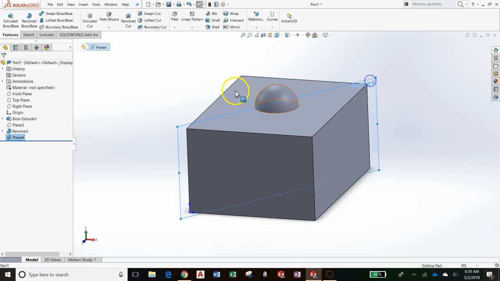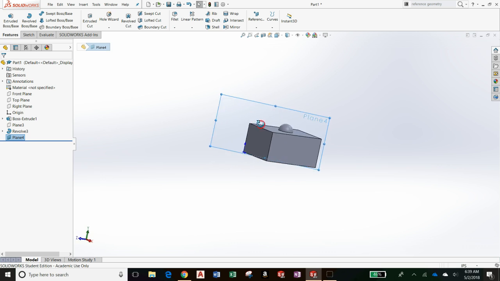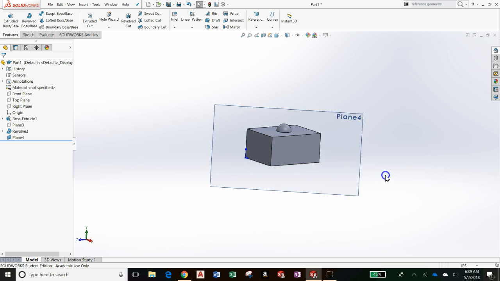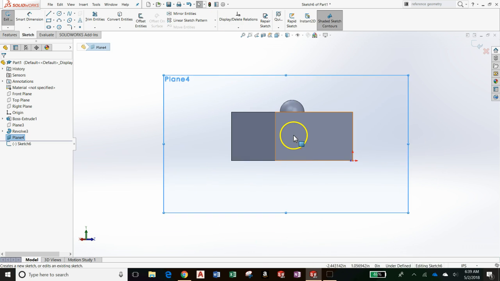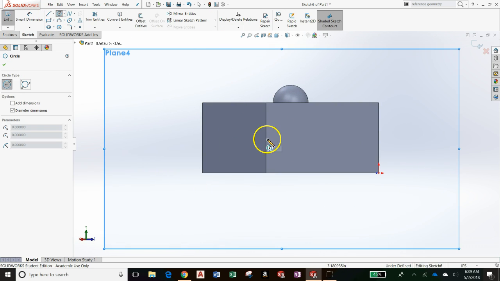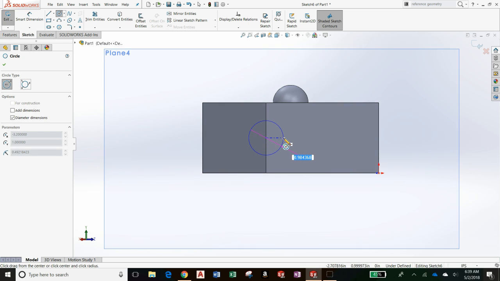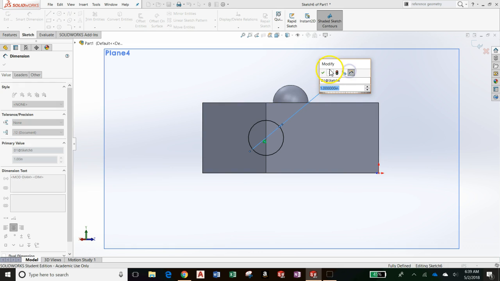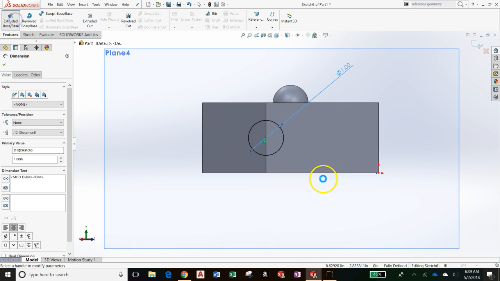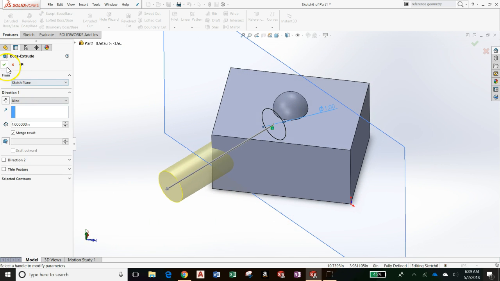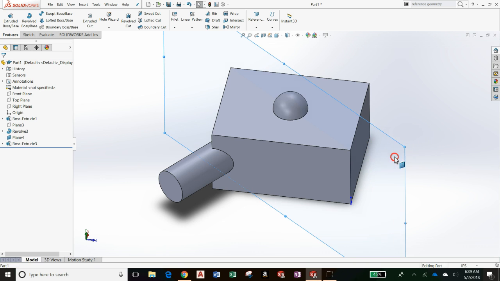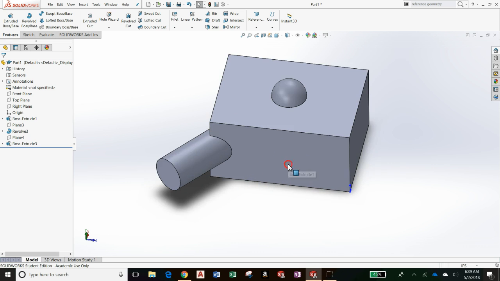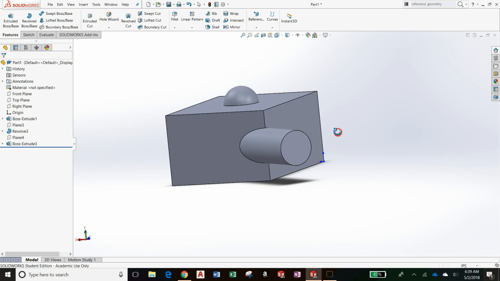And now I can sketch on this plane. I'm going to expand it just a little bit so that it's easier to see. And I can start sketching on this plane to create complex geometry. For example, I'm going to draw a circle at the midpoint of this corner. And then extrude it. And then I'll hide my plane that I created. Features like this we just couldn't get without